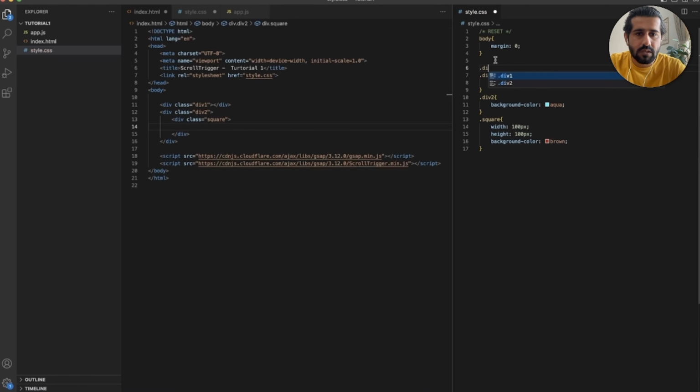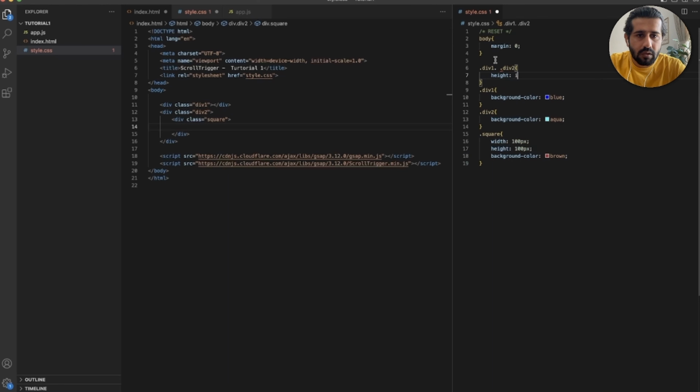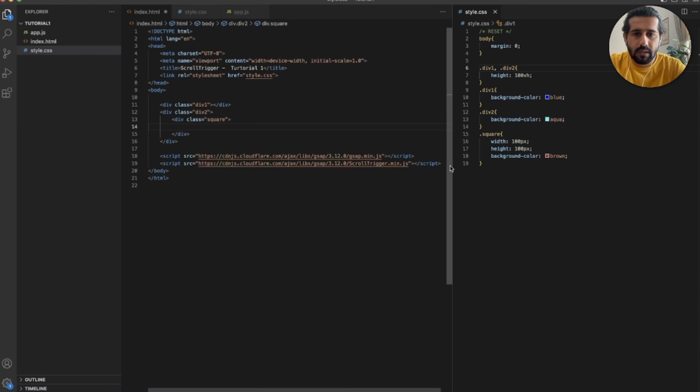and give this div1 and div2 some height of 100vh, height 100vh. Yes, give it a comma instead of a dot. Yes. Okay, save it,